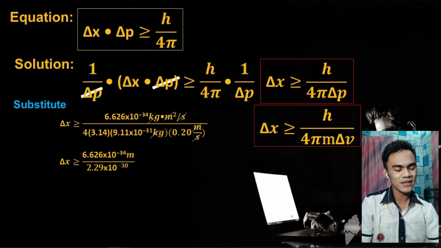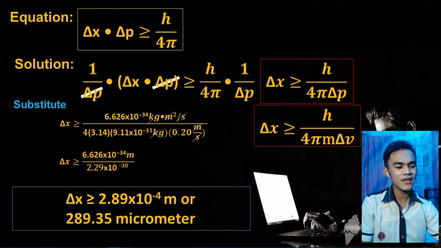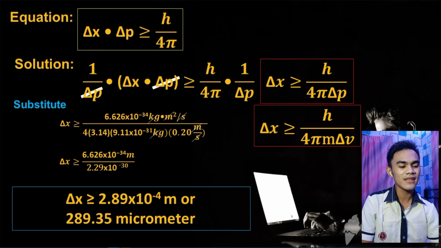So 6.626 times 10 raised to the power of negative 34 meters divided by 2.29 times 10 raised to the power of negative 30 is equal to 2.89 times 10 raised to the power of negative 4 meters,